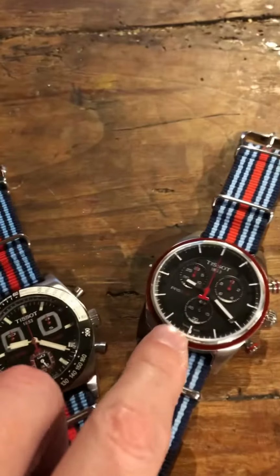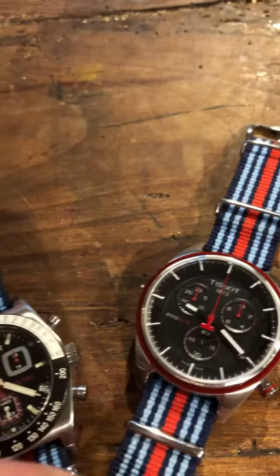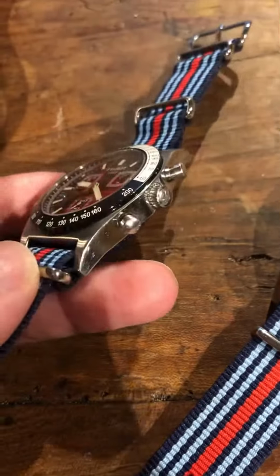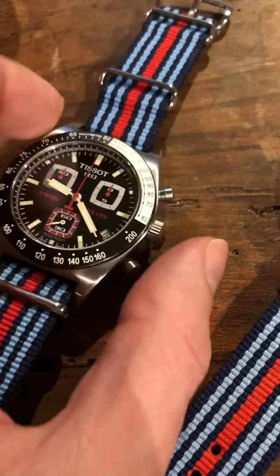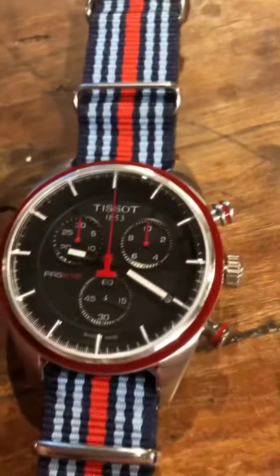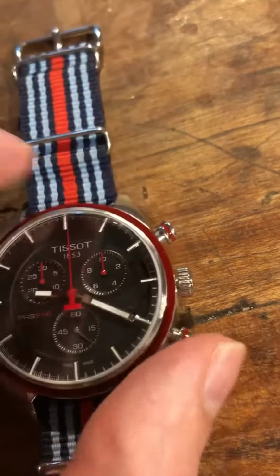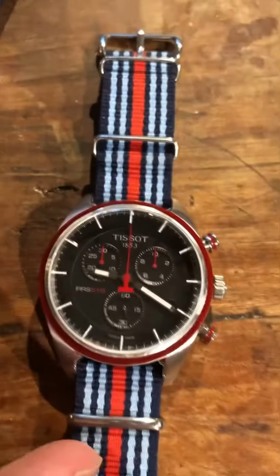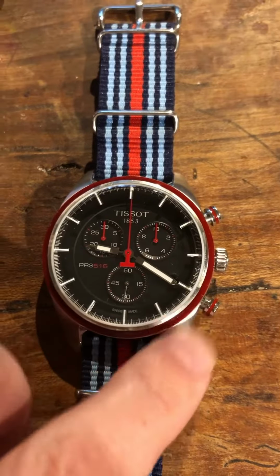You this new Tissot PRS 516. This is the old one, so cool one. I love the color of the dial, black and the red touch. And now it's a new one. It's a new one particular. I don't have the bezel, but it's the idea of the first owner, and I like this red touch with